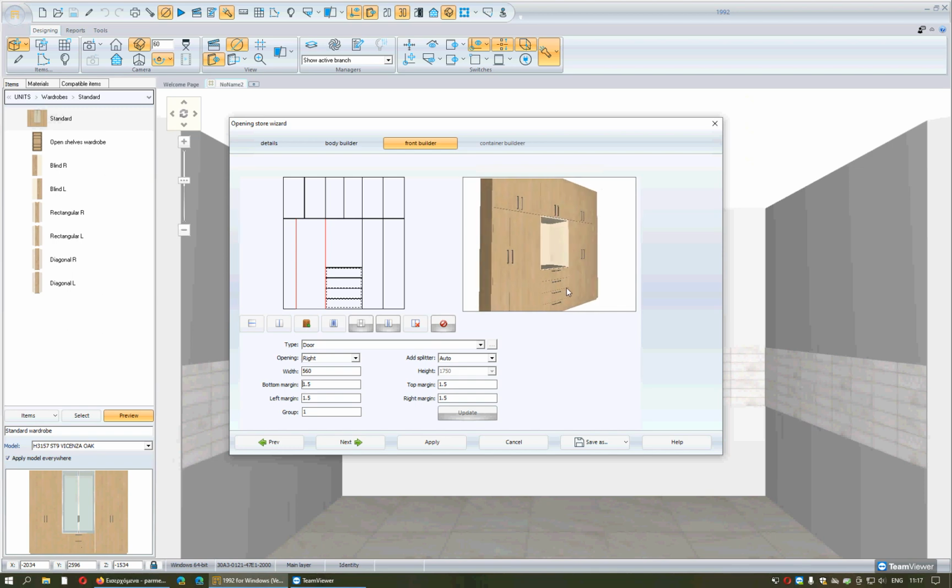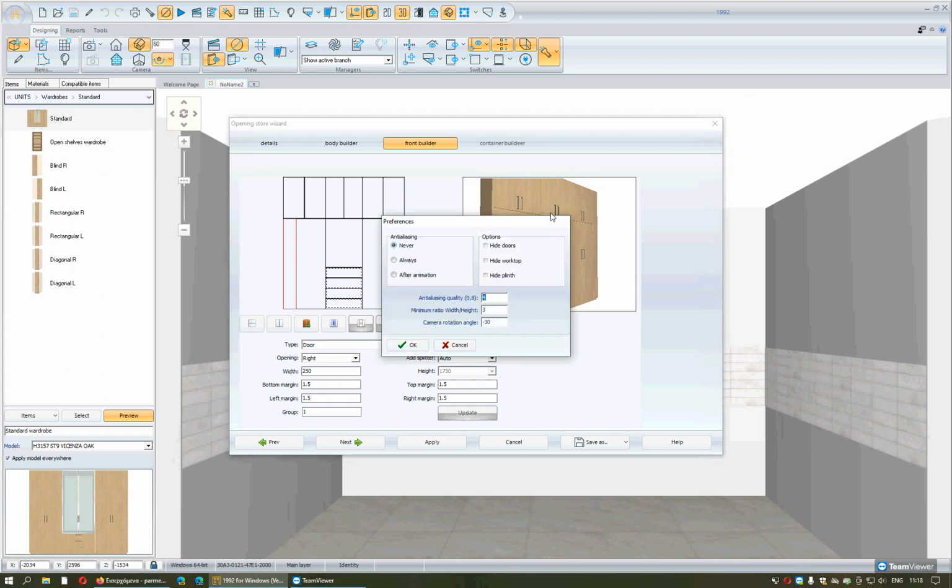Forward, if you want, for example, to change the direction of opening the door, you can select it. And after, from this option, opening, you can set the opposite direction in order to open it. You can see in 3D that the knob has changed its direction. And if you want, you can also see the inside of the wardrobe by pressing double click on the image